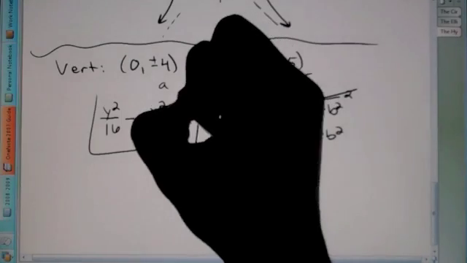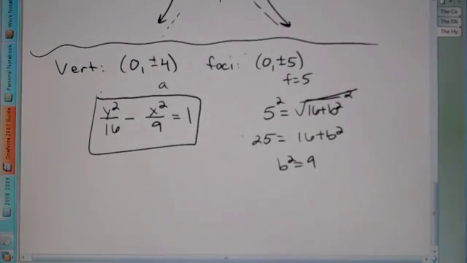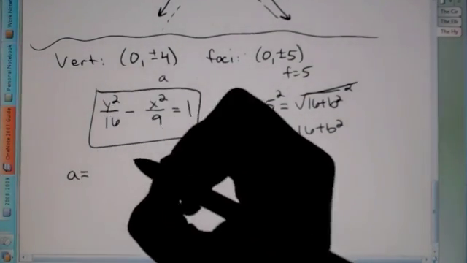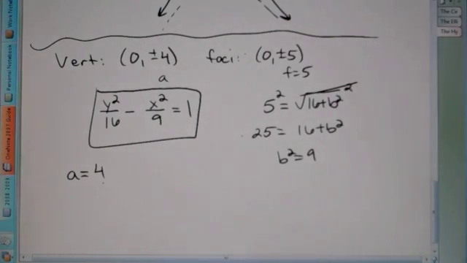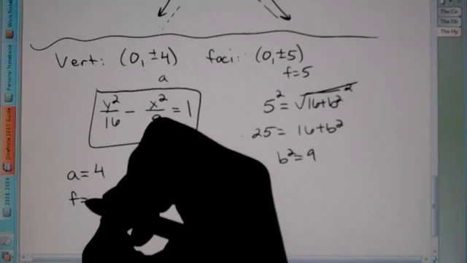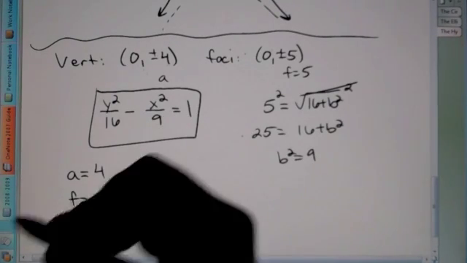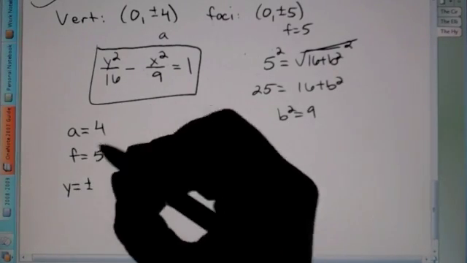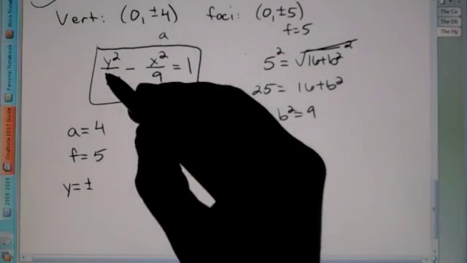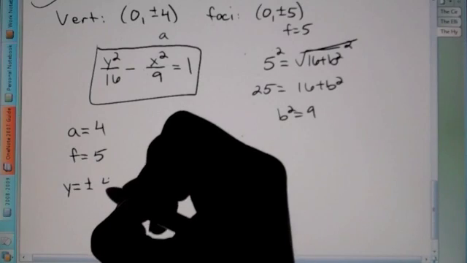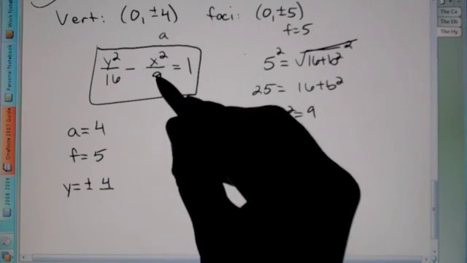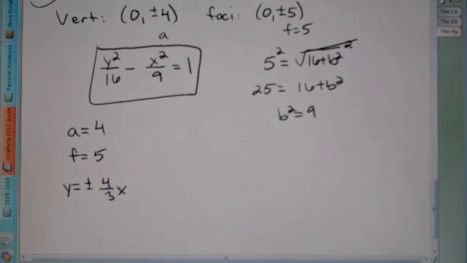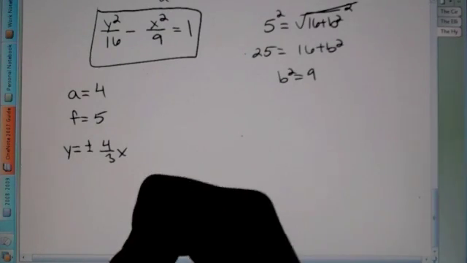So we finished our equation, but now the question is, how do we graph? Well, let's list our information that we know. We know that a is equal to 4. We know our focus, one focus is equal to 5. And our asymptote, remember, since y comes first, it's going to be a over b. So a, 4, over b, which is the square root of 9, is 3, so 4 over 3x. Those are the equations of the asymptotes. So if we were to graph this,